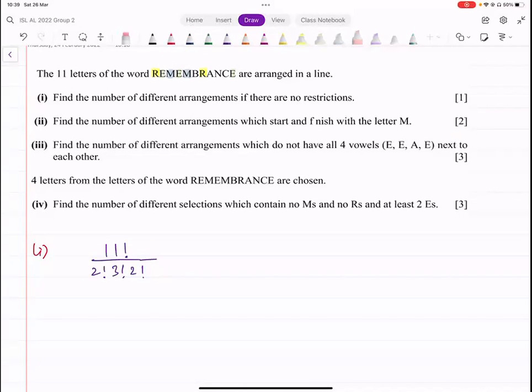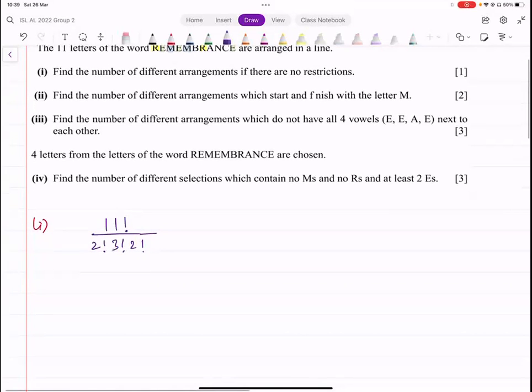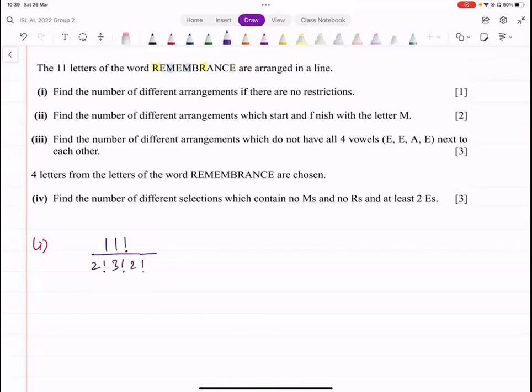Is that it? B is coming only once. A and C. Oh yeah, so those are the 3 letters that are repeated. Now we can just evaluate that using a calculator, and you'll get a